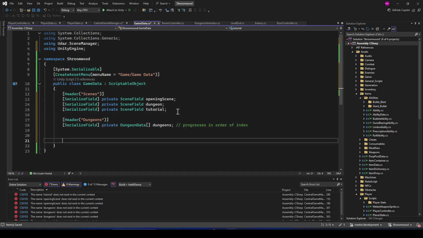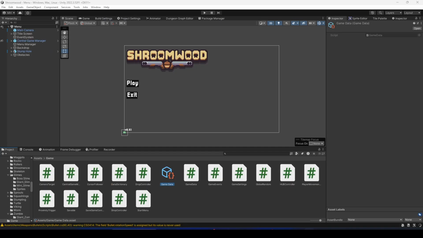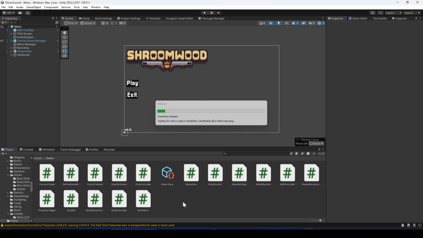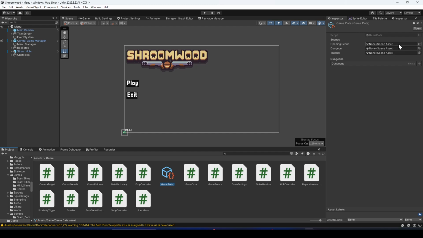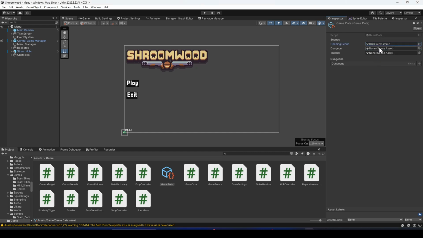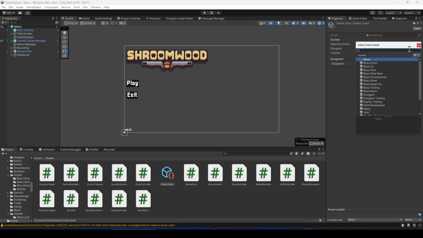Now, the scriptable object's not going to be in charge of any of the logic itself. It's just going to be a storage container. So now I have the ability to store this stuff in, but I don't have the ability, and here we can go ahead and show that real quick. Game data, you can see now has all this stuff. So now I can add in my opening scene, which is hub remastered. I can copy in the dungeon, as well as the tutorial, which I believe a lot of these actually go